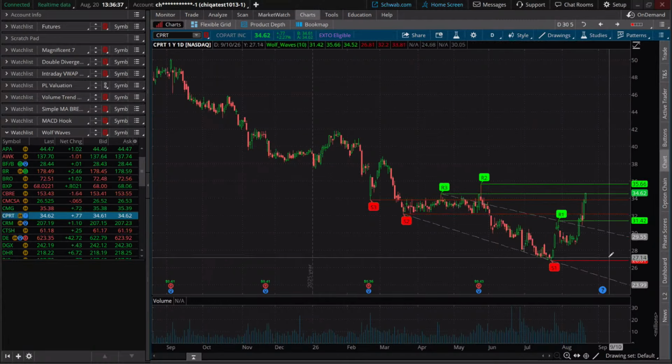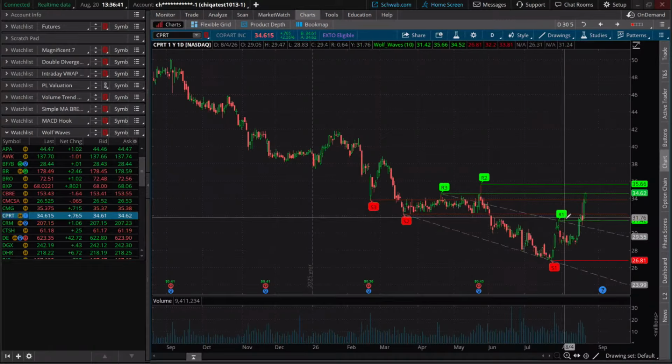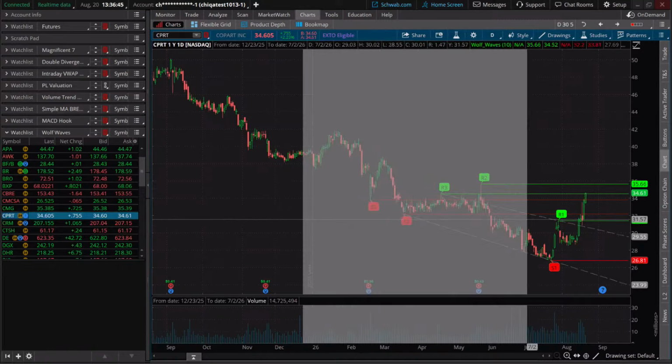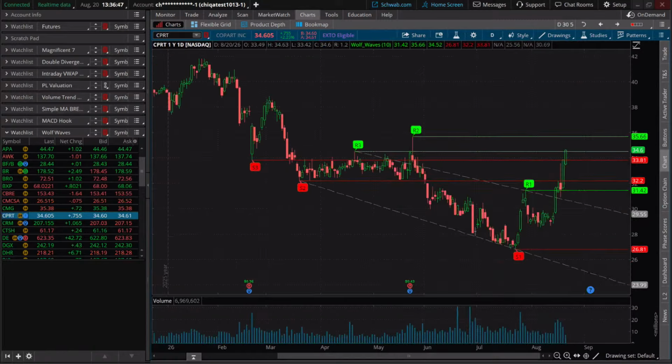Breaking those levels. So a lot of times these wolf waves can be very, very sharp, potentially a stronger trend breaking up above. Now, I don't know if we look at this next week. If you guys have interest in it, we can do it. But I think this long-term trend line break was interesting here too. Notice it stopped right at that point. It is drawn off that level, but this break was kind of an early sign too of some movement right there. Wow, but that's been really, really strong in terms of Copart.